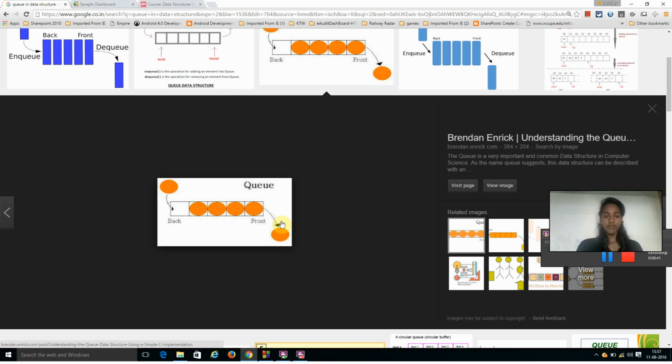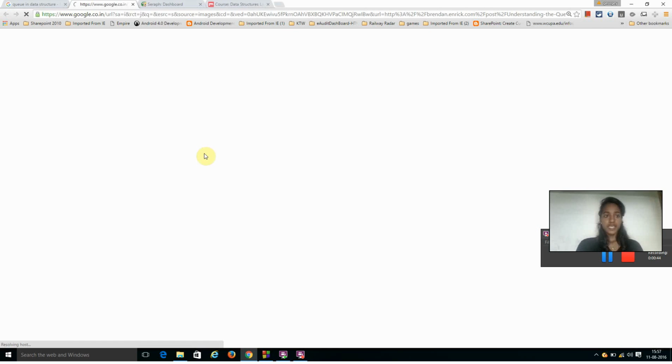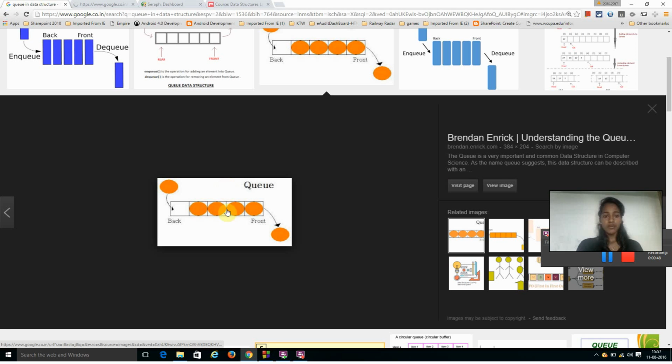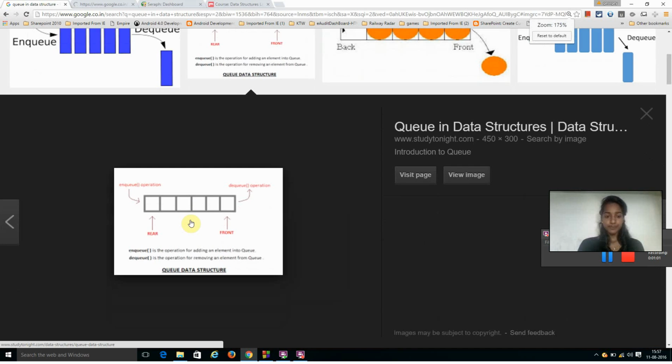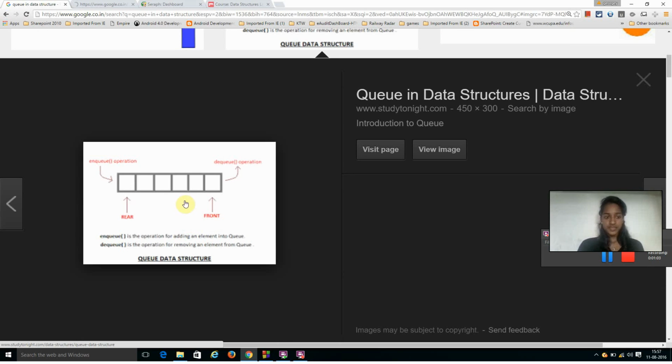So here, carefully look at the image. Okay, it's loading. We'll look at it here. So a queue has two parts, front and back. Here it is given front and back. The exact term is rear and front, right? So rear is the place from where the insertion will happen. I hope you can see the image. Rear is the place from where the insertion will happen in queue, and front is the place from where the